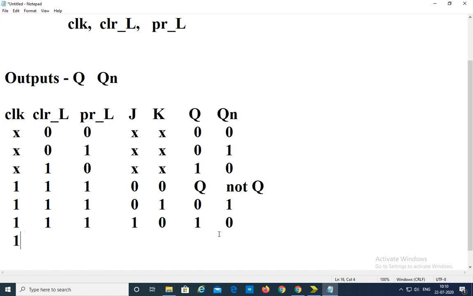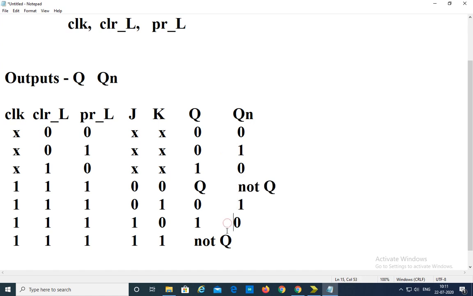Similarly, for clock rising edge and flip-flop clear and preset inactive, it will look for what the inputs are. If the inputs are 1 1, then output is not Q. So if it is not Q, then what is the Qn output? Qn output is Q. Here the flip-flop is acting as a memory for the 0 0 combination.